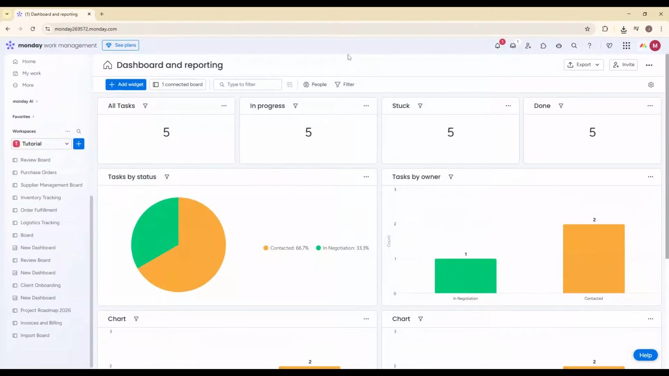In today's video, I'm going to show you exactly how to build high-level and low-level boards on Monday.com so you can manage your projects with total clarity. Whether you're leading a team, managing multiple clients, or organizing internal work, having both a detailed execution board and a big picture overview board is a game changer. By the end of this video, you'll know how to structure both boards properly and how to use them together